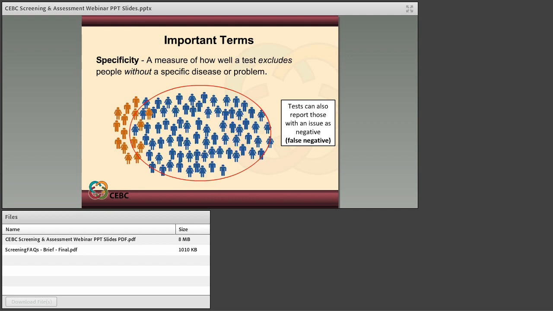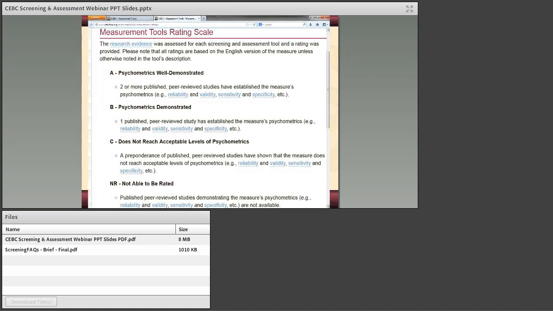So again, this is important information because it's critical that agencies factor research evidence into their decision to adopt a specific tool. Also, this is really important because it highlights just how much work goes into creating a sound measurement tool. So think about tools that have not examined their reliability, validity, sensitivity, and specificity. Using untested measurement tools is risky because we really don't know what we're getting when we use them.